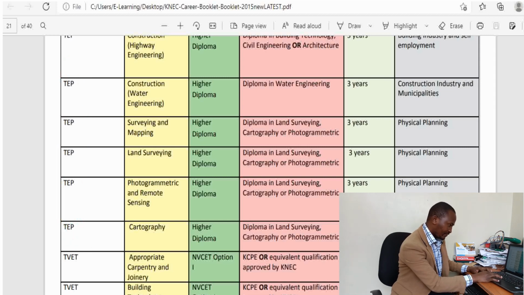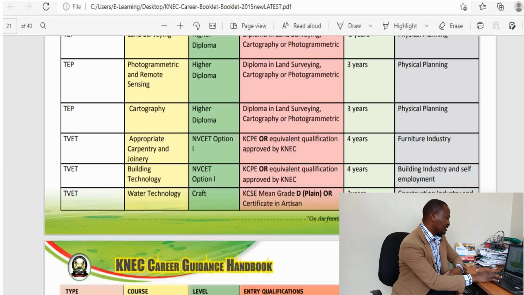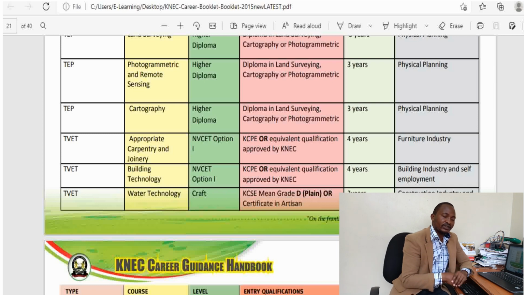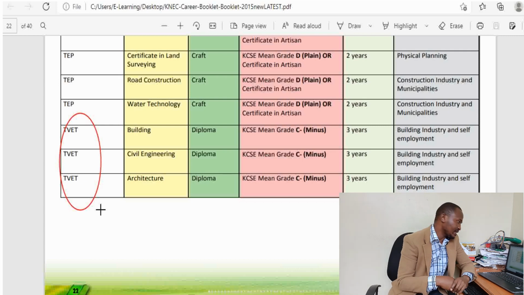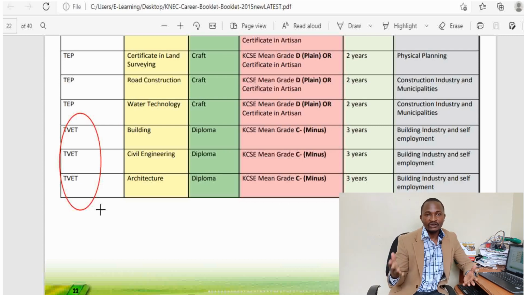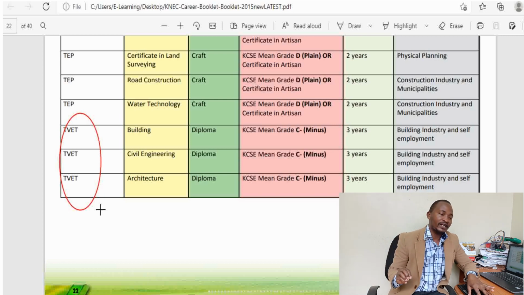That is, you'll be there for the entire duration, and later, when you're finishing your course, you'll sit for a Kenya National Examination Council exam, but in between, you'll be doing internal examinations, which you must pass to proceed from the first year to second year. But nowadays, the majority of courses are TVET or modular, in that you'll be sitting for a Kenya National Examination Council exam at the end of every academic year,